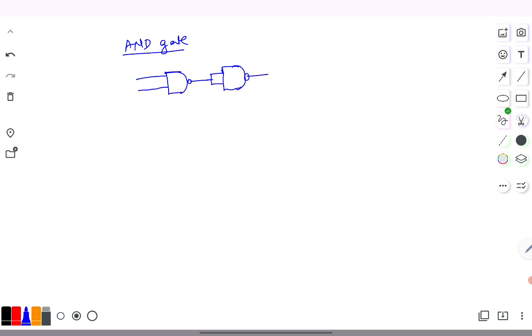See, this is A B. Okay, this is A B bar. Again Y is equal to, again we have connected NOT gate. A B bar, like double bar. This bar will get cancelled. Y is equal to A B. Okay, pin number 1 2 3 4 5. In laboratory they will teach you how to put pin numbers.